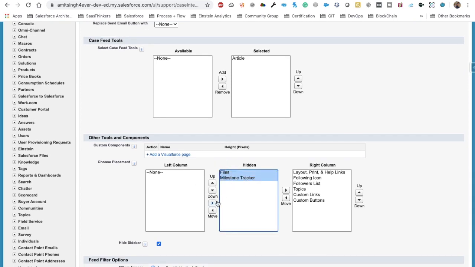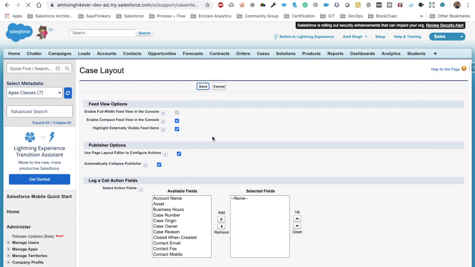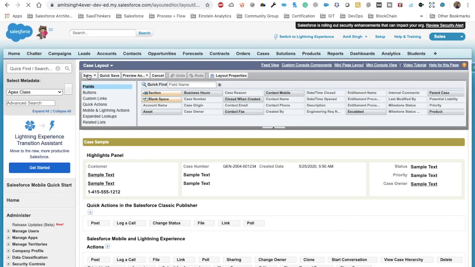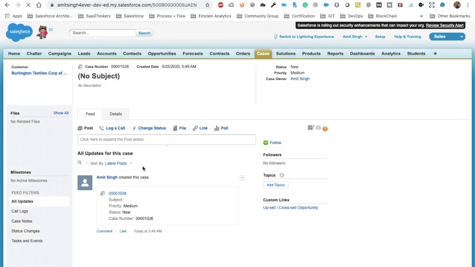We are just going to add the milestone tracker to the left column. So now we should be able to see the milestone tracker in our case record. Let's quickly save this page layout as well.